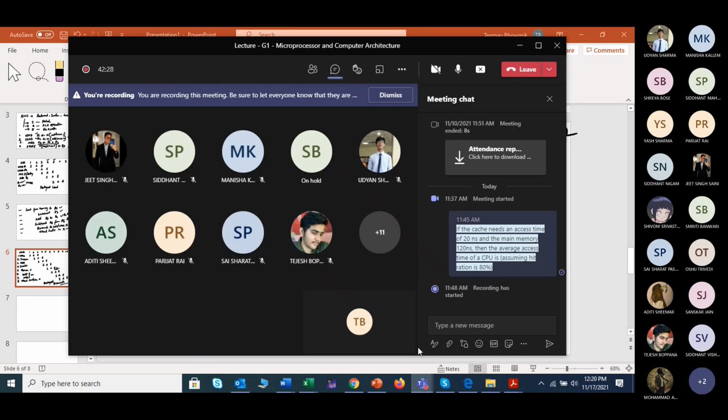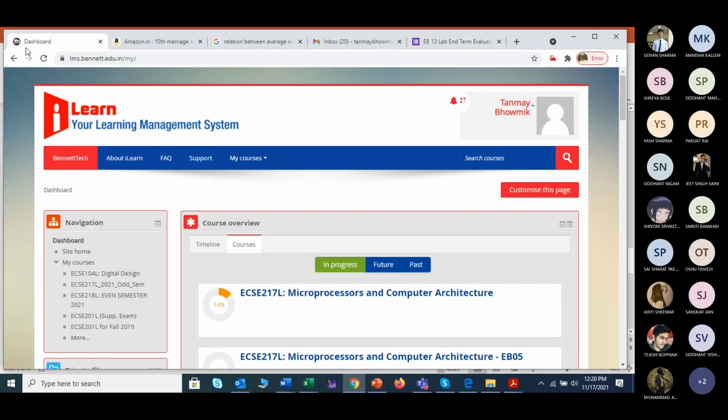Okay, so I have already uploaded lots of numerical problems in the LMS. I request you all to please go through these numerical problems and start practicing. Normal pipeline problems have been uploaded, and parallelly, RISC pipeline problems have also been uploaded. On average, 5-6 questions are there in every sheet, and you can practice there for this purpose.